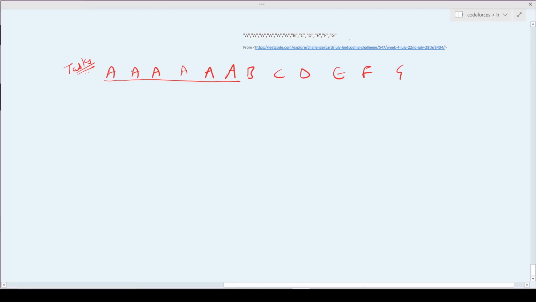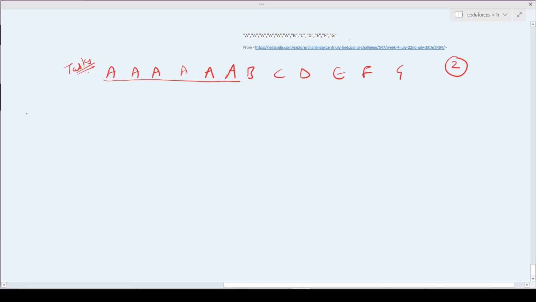let's take this example, which is a, and suppose I have an interval of 2. So if I have any operation, let's suppose it is z, then to execute another operation z I have to wait for at least 2 intervals, right? Now let us think how to approach this problem.